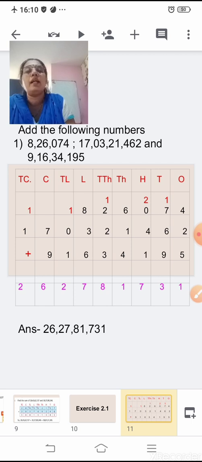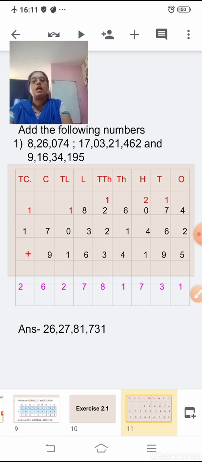Now this is a carryover sum. So when you add accordingly, in the ones place, tens place, you get the number. Accordingly, you have to carry over and do the addition. Now see in the ones place, 4 plus 2 is 6 and 6 plus 5 is 11. So 11 means 1 I have written in the ones place and 1 I have carried over to the tens place. So 7 plus 1, 8. 8 plus 6, 14. 14 plus 9, 23. So 3 I have written under the tens column, and 2 I have carried over to the hundreds place.